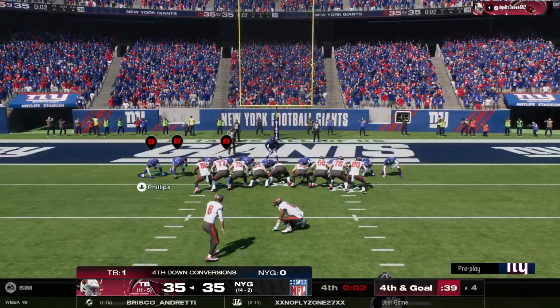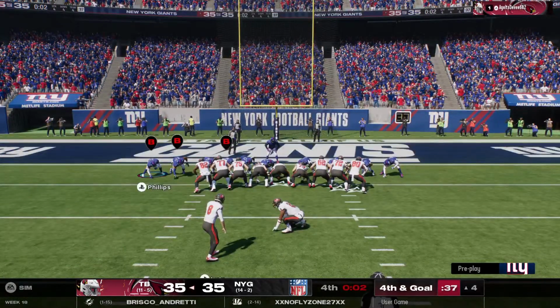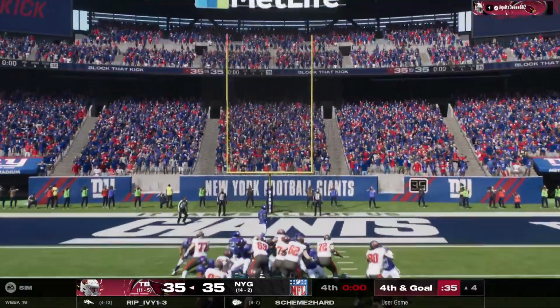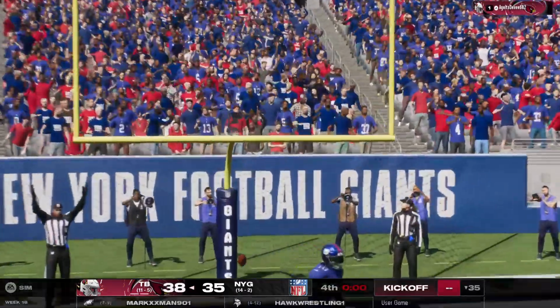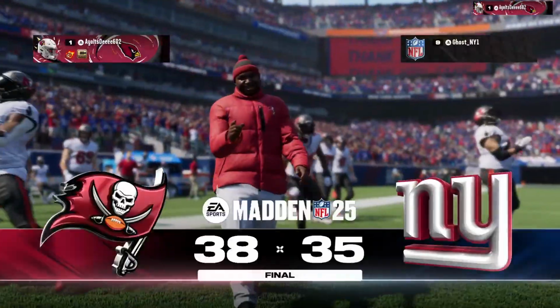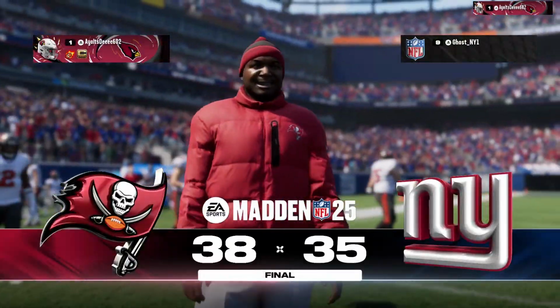An entire game coming down to the leg of Will Lutz. This just 21 yards down the pipe. The kick is good. He got it. Man, it's a game winner on the final play of the regular season. So it's a win for the visiting